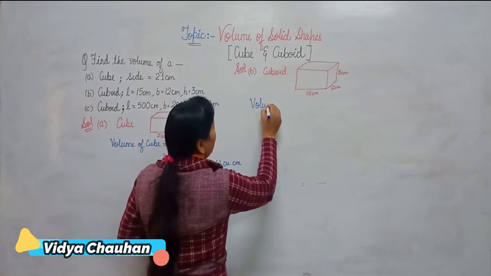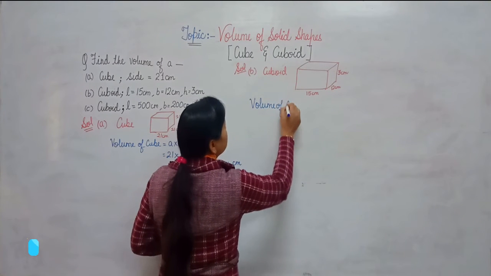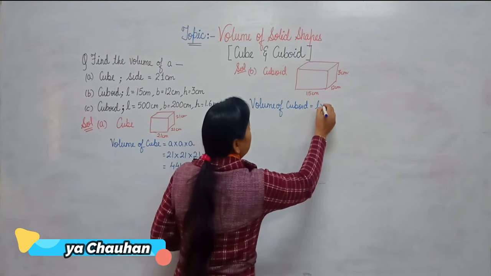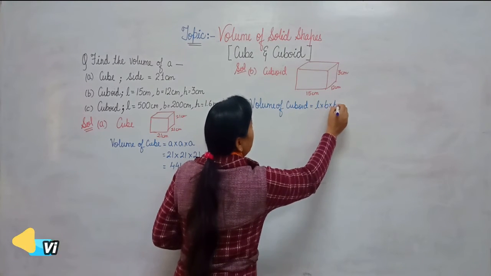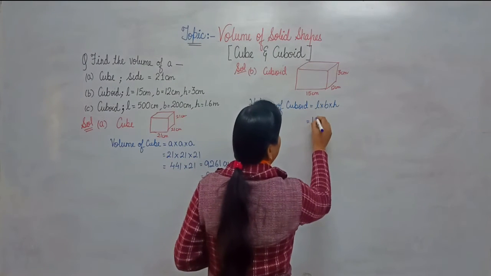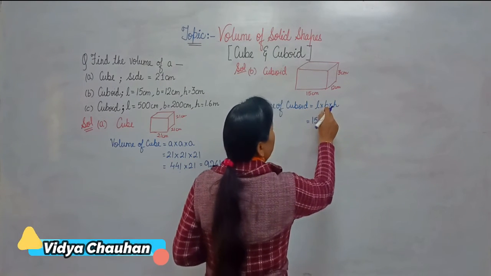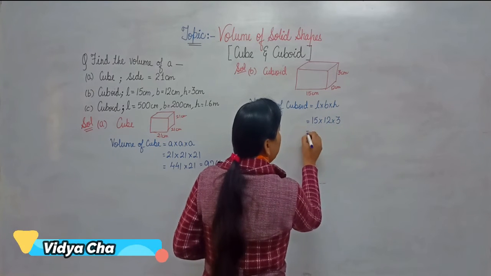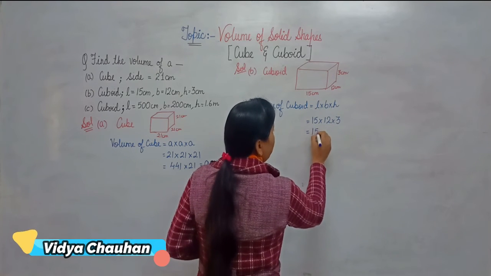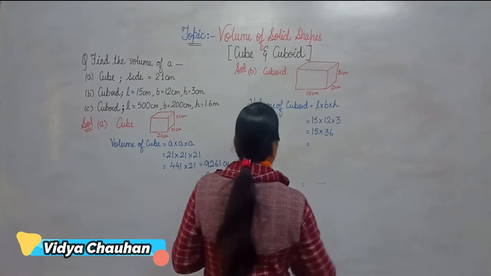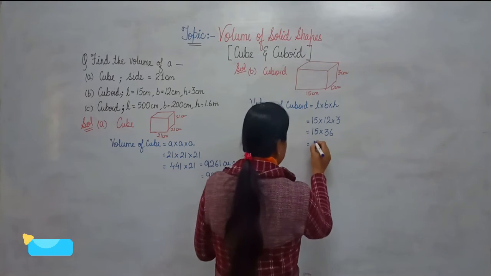So volume of cuboid, what is the formula? Length into breadth into height. Now let's put the value. What is our length given to us? 15 centimeter. Breadth is 12 centimeter and height is 3 centimeter. Now 12 3s are 36. When you will multiply 15 with 36, you will get